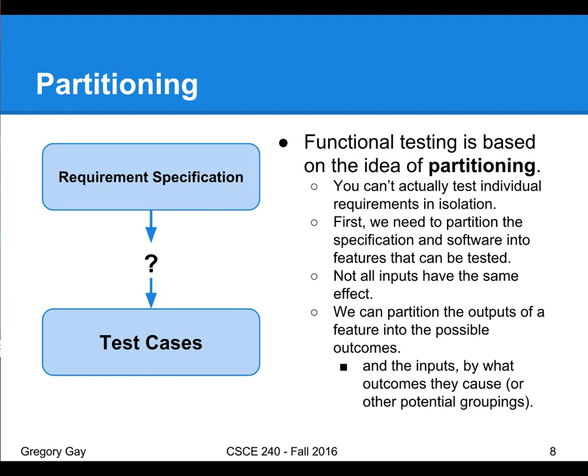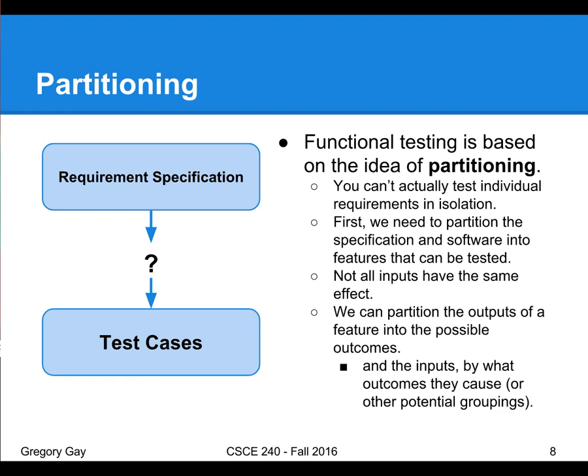is that you can't just test your individual requirements in isolation, right? If you have a bunch of natural language statements that relate, at best, to some high-level feature of the software, but often across multiple features, it's not necessarily a function you can call. It's just something the software has to do while operating. So the test cases need to be expressed in terms of actual features of the software. And we need to identify what features of the software we can test in relative isolation, and then in combination with other features, link those back to our requirements, and then assign inputs and formulate expected outputs from there.